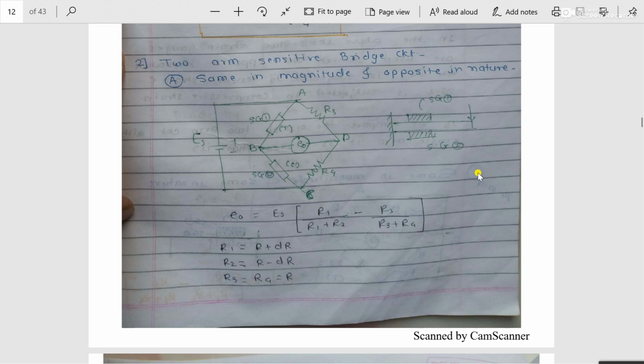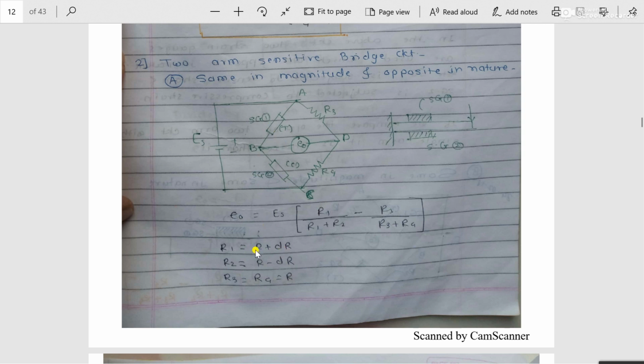So as per the requirement, we have to put the values of the strain gauges, that is R1, in this E0 equation. Similarly, I have to put the value of strain gauge 2, that is R2, in the same equation. So the first condition is R1. R1 represents the resistance of strain gauge 1, which is equal to R plus delta R. Here capital R represents the resistance of the strain gauge before application of load, and delta R represents the change in resistance of strain gauge 1 after the application of load.